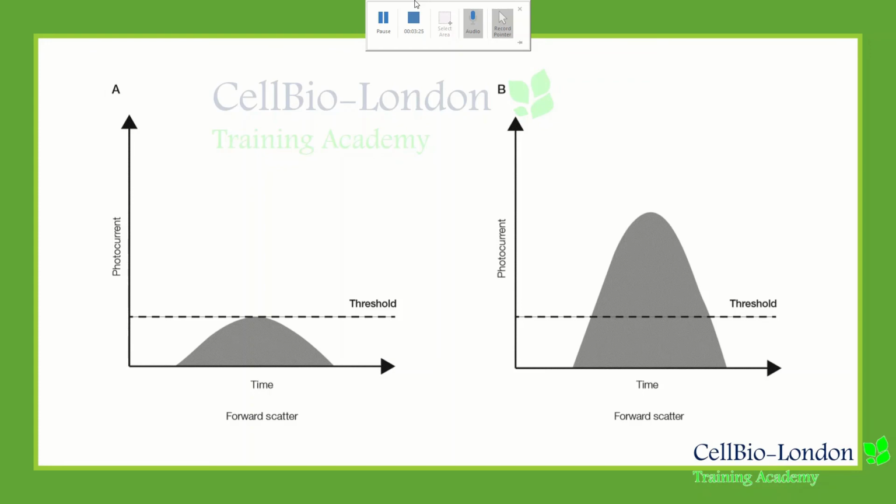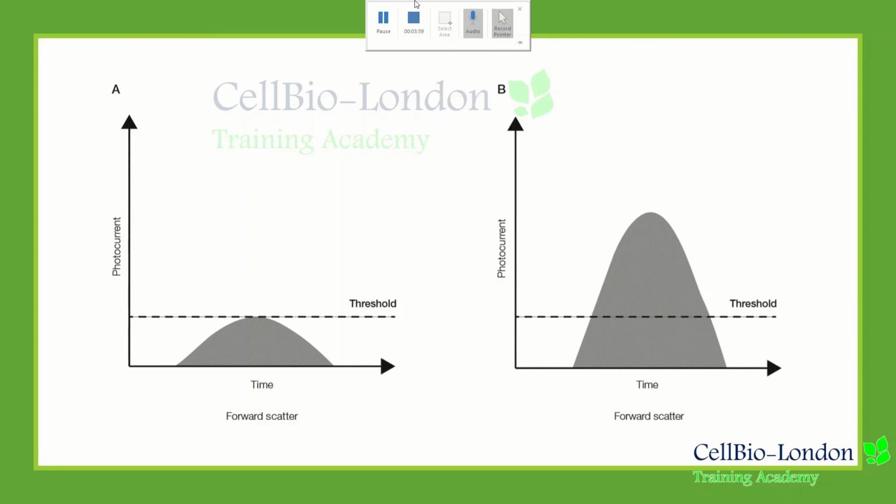So in this case, these datasets would mask out relevant data points and overload the electronic ability to process relevant signals. And in order to avoid processing these unwanted signals, measurements are taken based on the signal intensity, or what we call threshold. This is done by designating a parameter as the trigger for recording events, usually forward scatter, and setting